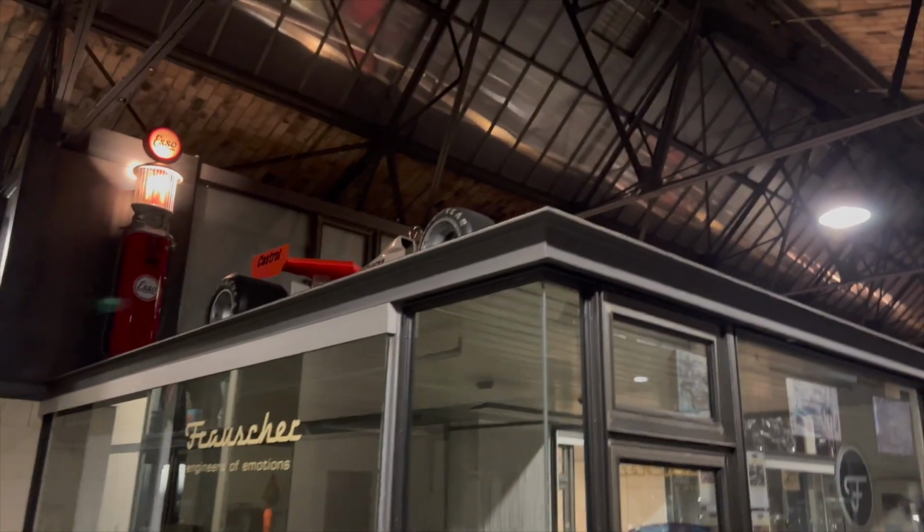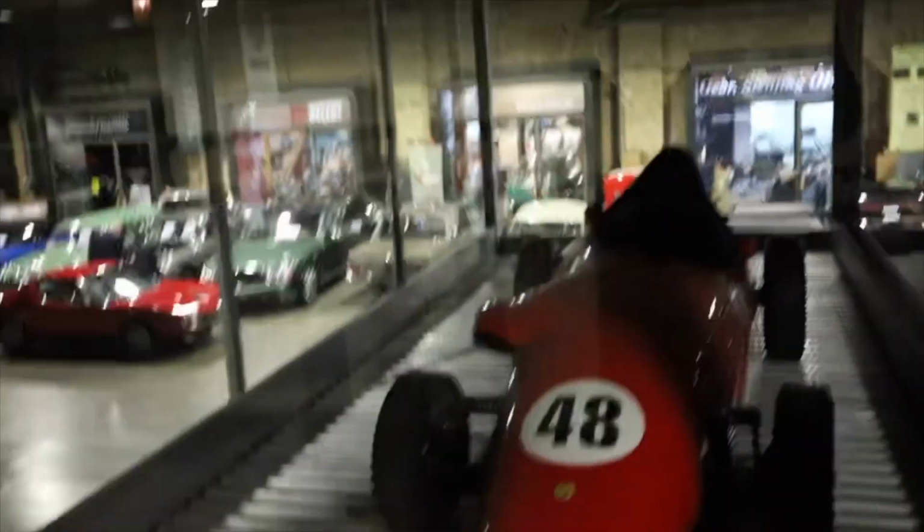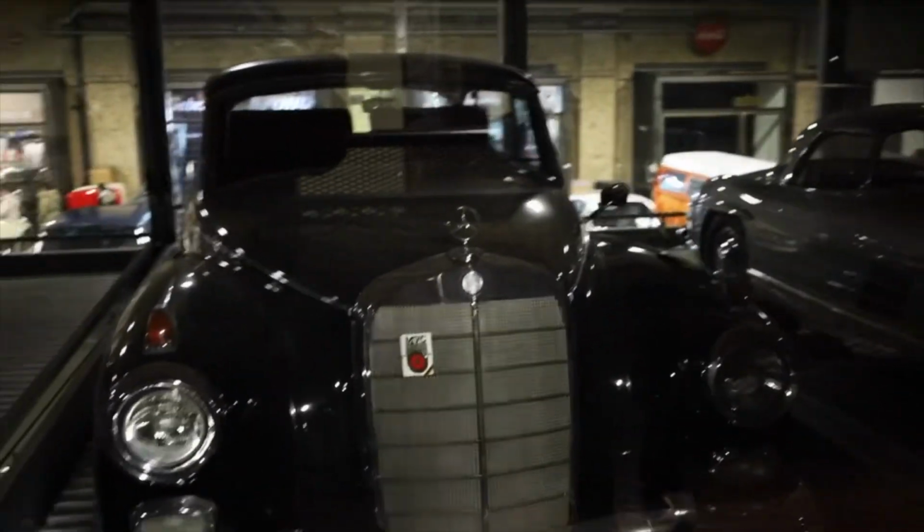Up there we got a really old looking F1 car. I can't get a very good angle on it. But oh yeah, we could. And then I just discovered we can actually go upstairs. This is insane. This looks like an old race car. I think it's a Lotus maybe. Yeah. And we've got a really big